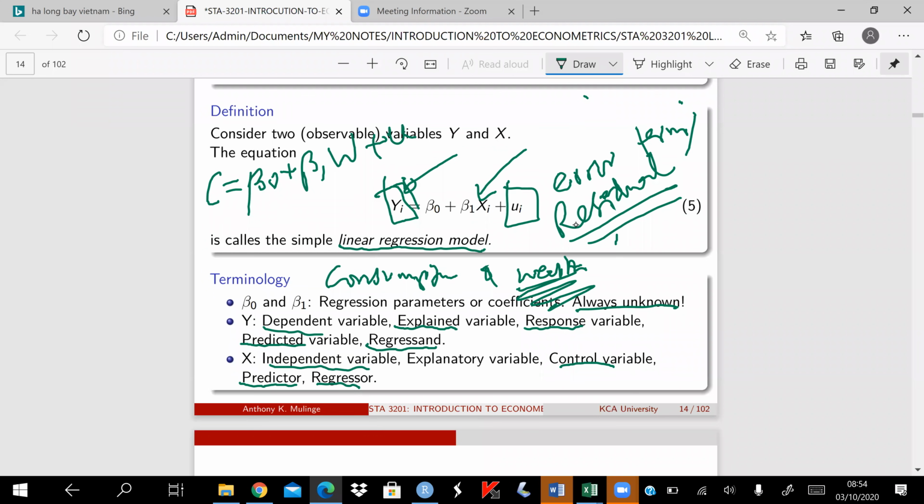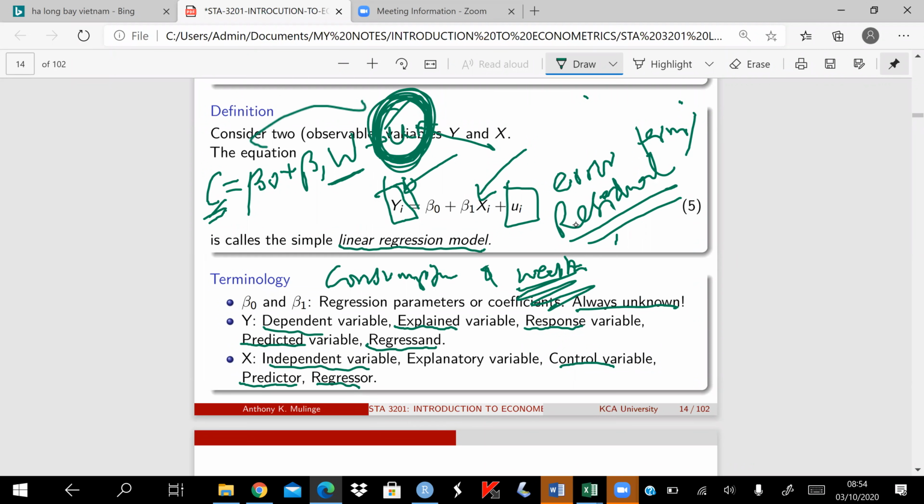Chances are very high that there are many other factors which are affecting consumption, but they are not in the model, because in the model we only have data about wealth. So the effect of all those other factors is captured in the error term, or in the residual. If you are trying to explain consumption and you are using wealth only, then clearly you may want to make this error term as inconsequential as possible, because you don't want to predict consumption using wealth when the most important factors are